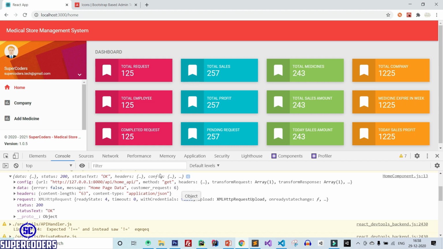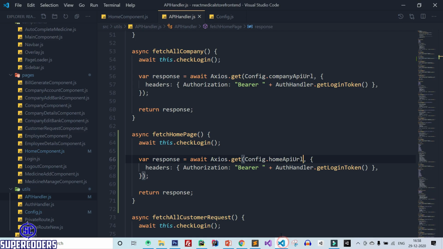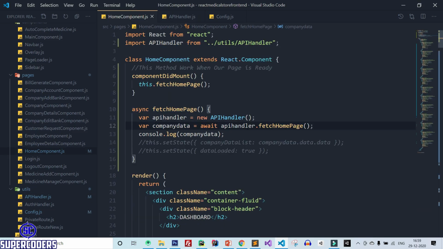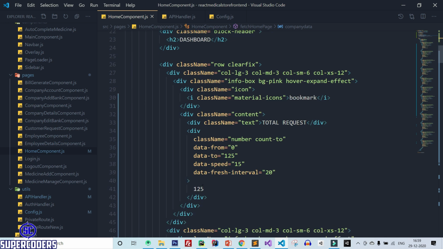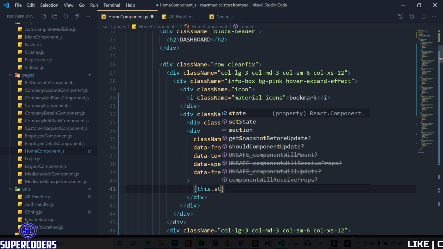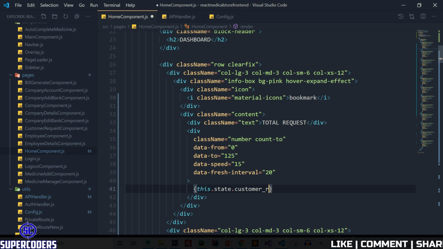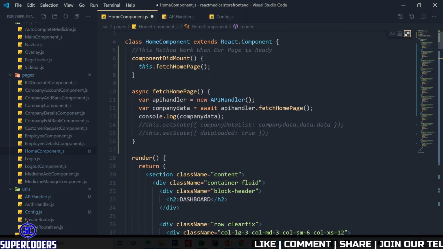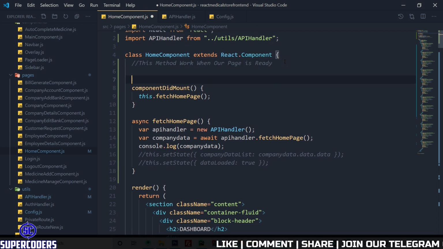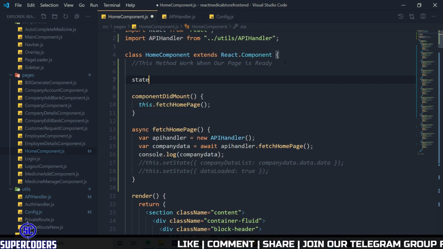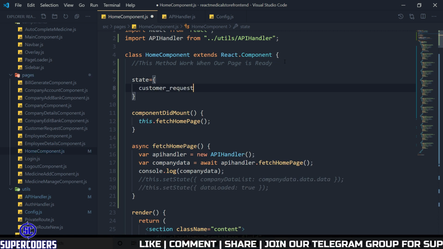Now let's set this data in this card. Back to VS Code. Here, 125, change this to this dot state dot customer request. Let's copy customer request and add it in state: customer request equal to 0 by default.